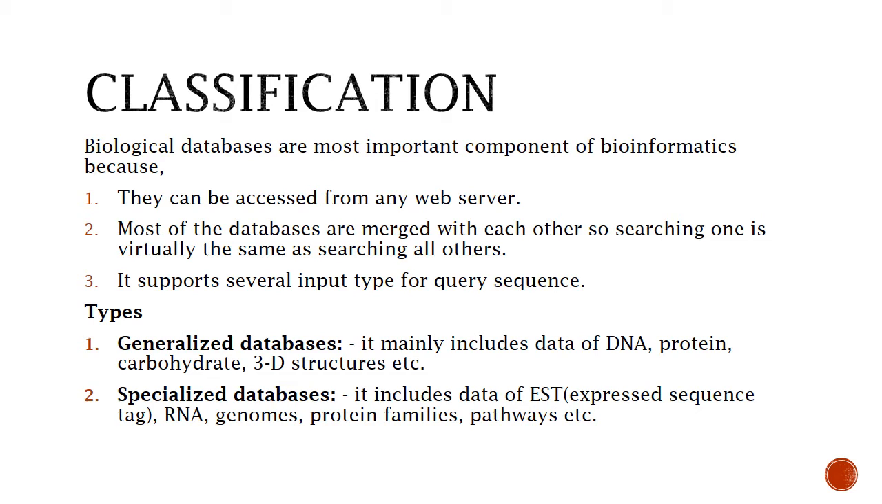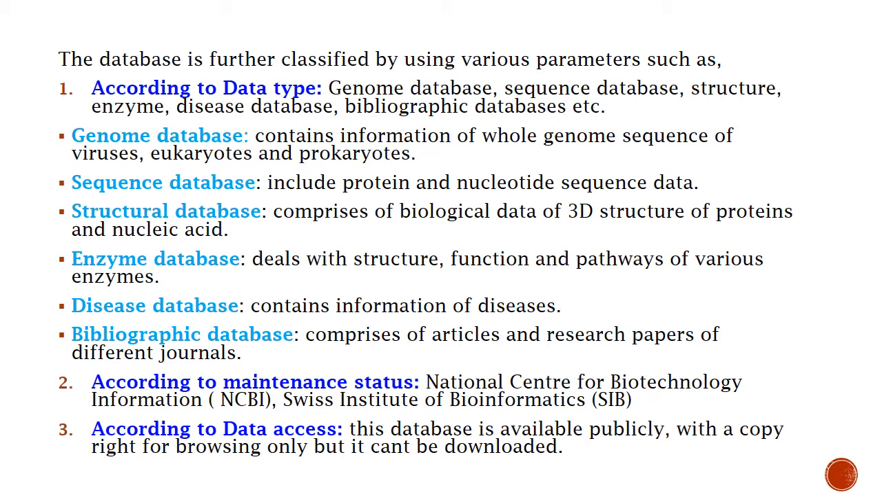Moving on to the types, the first one is generalized databases, which include data of DNA, protein, carbohydrate, or 3D structures, etc. And the second one is specialized databases, which include data of EST, that is expressed sequence tag, RNA, genome, protein families, pathways, etc. So the data is further classified using various parameters, such as according to the data type, that is genome database, sequence database, structure, enzyme, disease database,